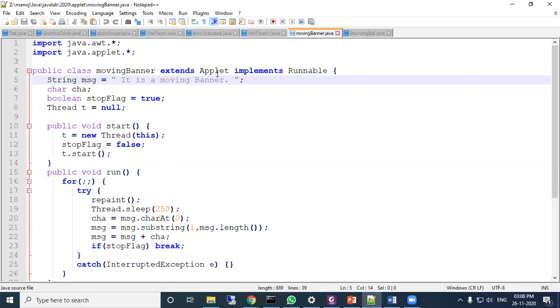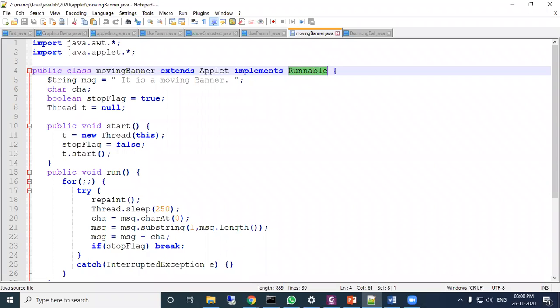Here we cannot extend Thread, because Thread is a class. So that's why we used implements Runnable and extends Applet.